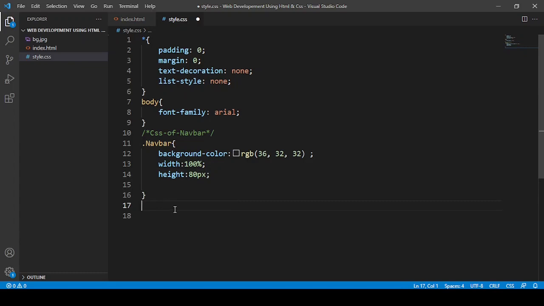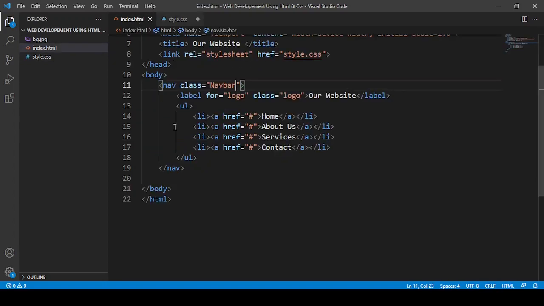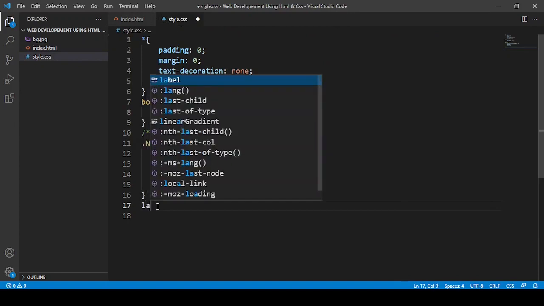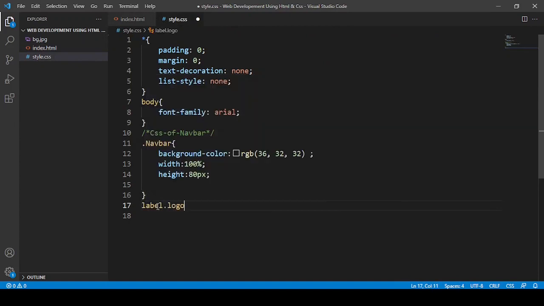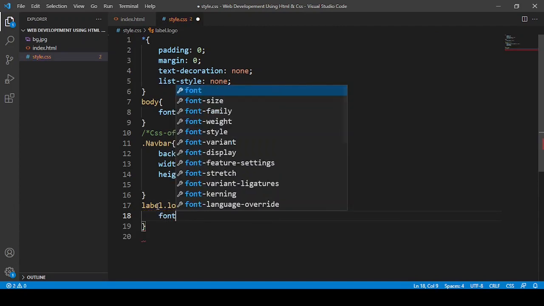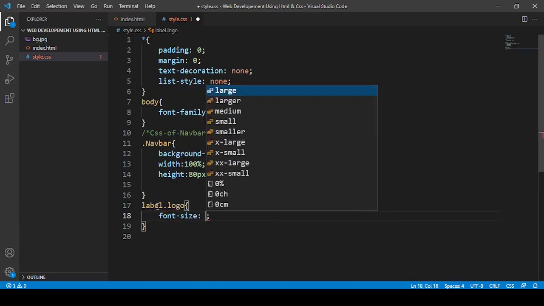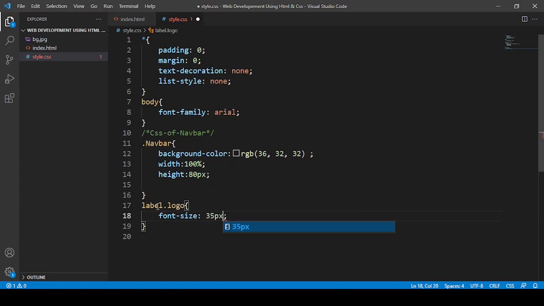Then after that I'm going to work with the label. Here you can see label. So I'm going to say label.logo, and in that I'm going to say font size first of all. So what can be the font size? 35px.